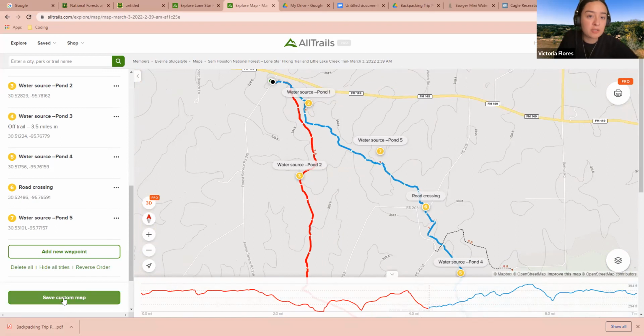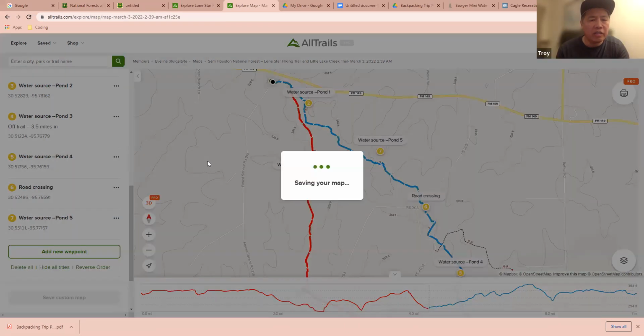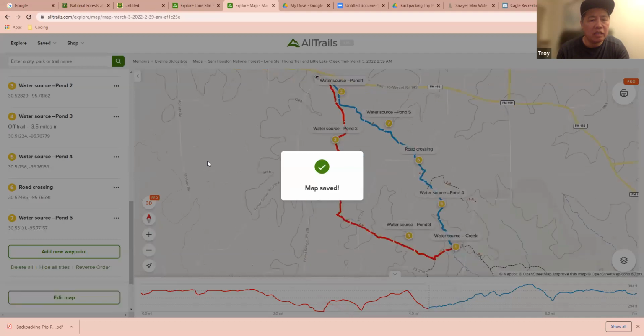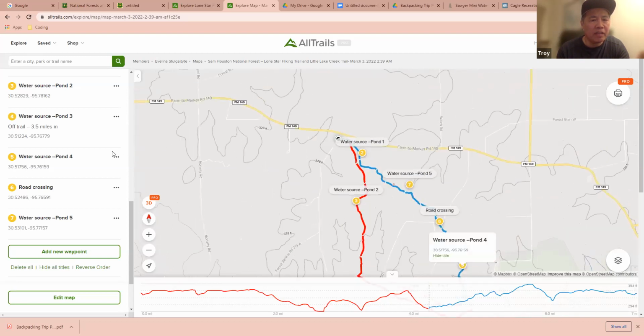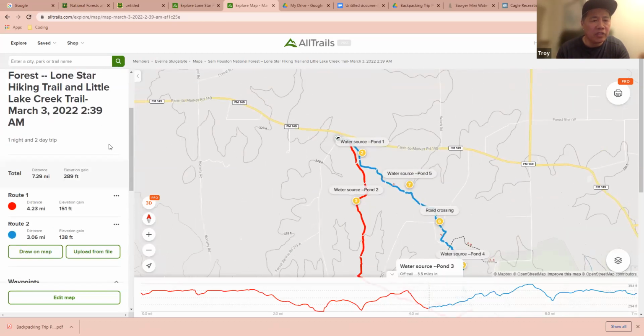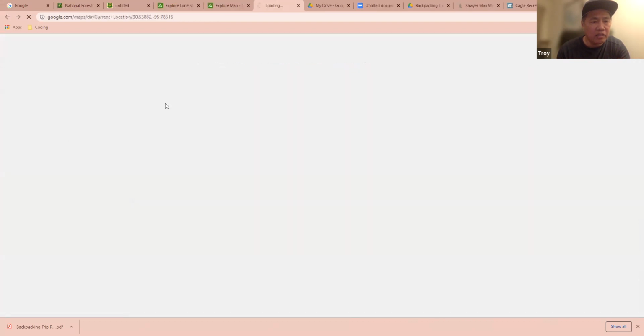Yeah, so make sure to double click save custom. Yeah. And then go, let's see. Okay, and then scroll up on the left side, not on the map, but on the... yeah. So you see these little features a little bit further up, scroll up a little bit more. So you see these features where that is to share it. And then that one's to download it. And then, so yeah, you click on that. Oh no, that's the directions.